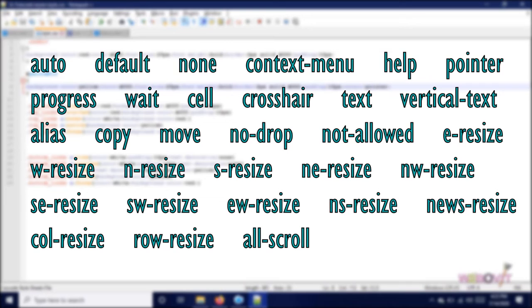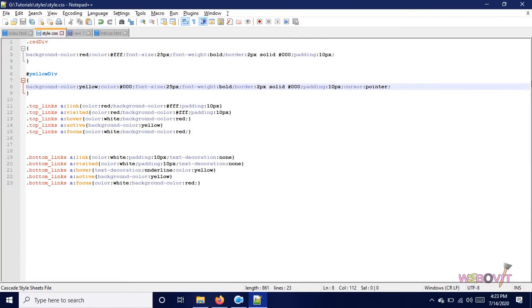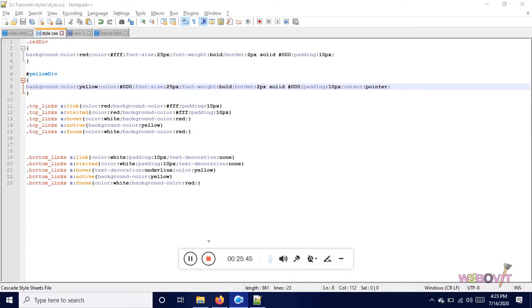Okay. So these are some cursors available in CSS, and the list appears in front of you on the screen. But in a few browsers, many of them or some of them may not work exactly like that. So it's your duty to recheck and confirm whether those cursors are available in CSS or not. Okay, so I will give you an example of some more cursors here.